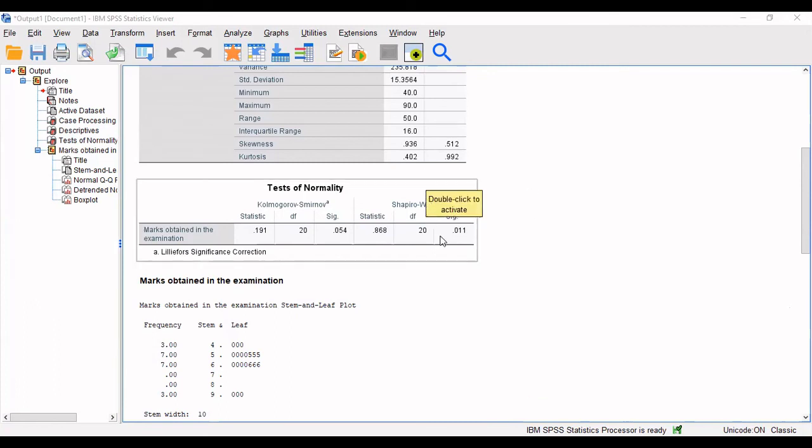As you can see here, the sig value in the Shapiro-Wilk test, the sig value is basically the p-value, is 0.011, which is less than 0.05. So in this case, it indicates that our variable is not normal and we'll conduct the Mann-Whitney U-test. I hope this video will help you in selecting a particular test for your study.